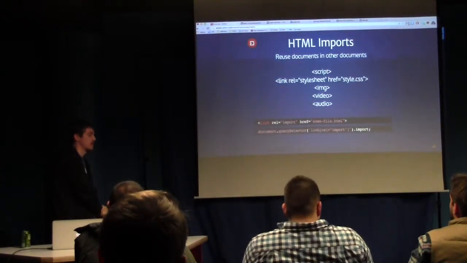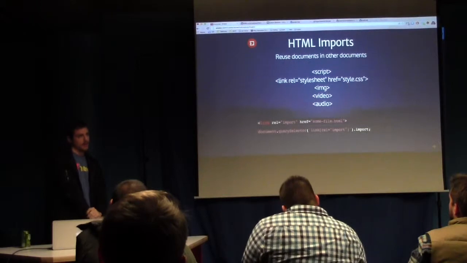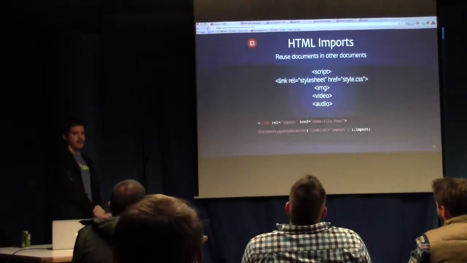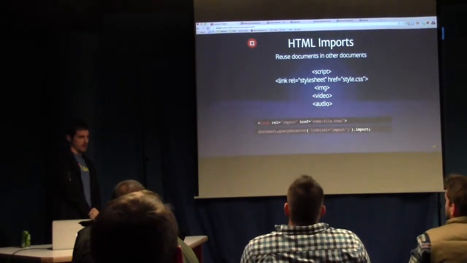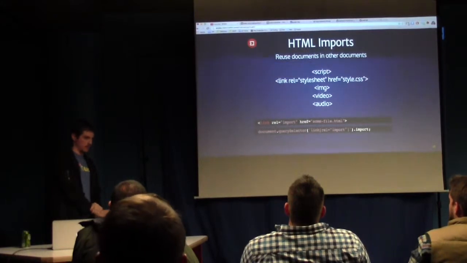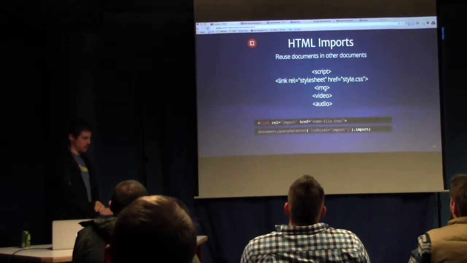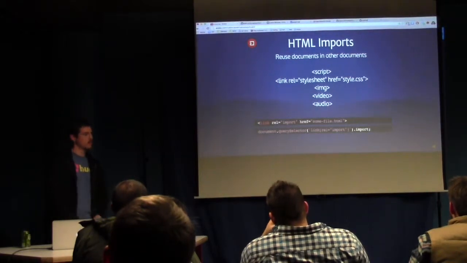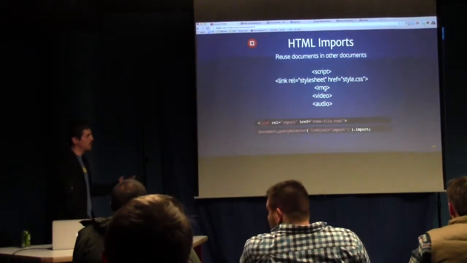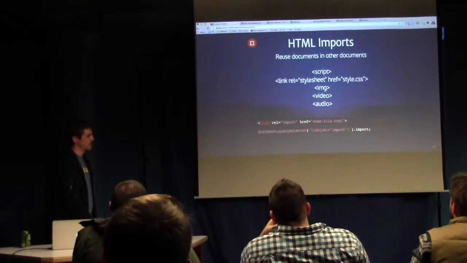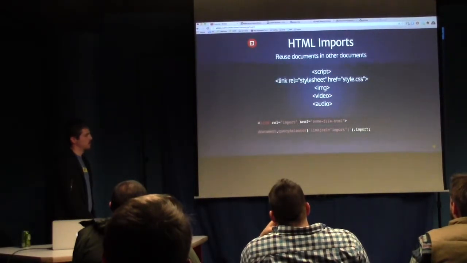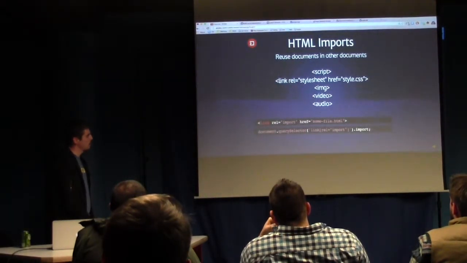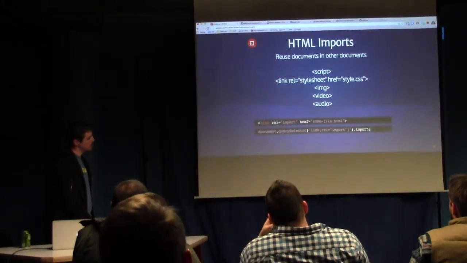Then HTML imports. I actually ran into this a while back. I was creating a presentation. I was trying to do it all in HTML without using any JavaScript or any kind of back-end technology, and I couldn't do it without copying and pasting lots of HTML from page to page. So they finally made a way that you can import an HTML file from an external location. So it's link tag rel equals import, and